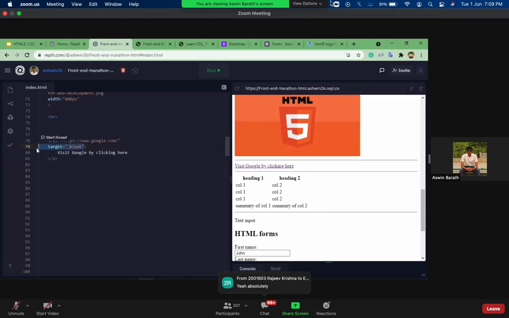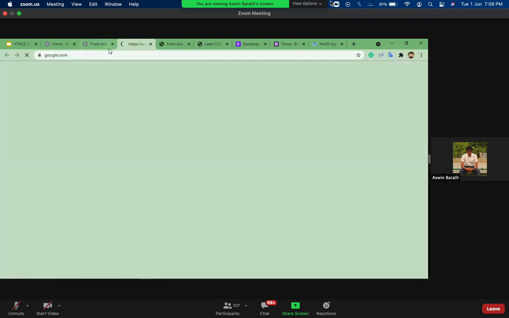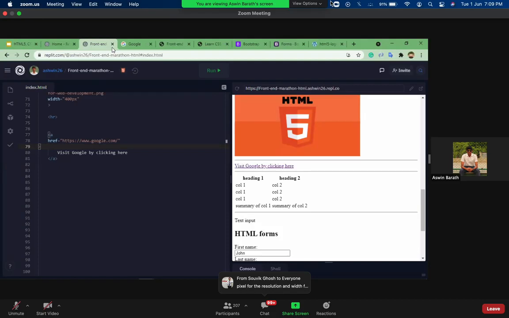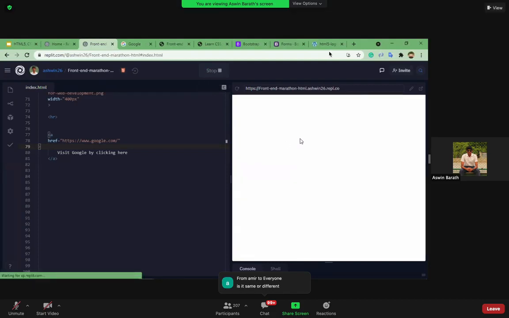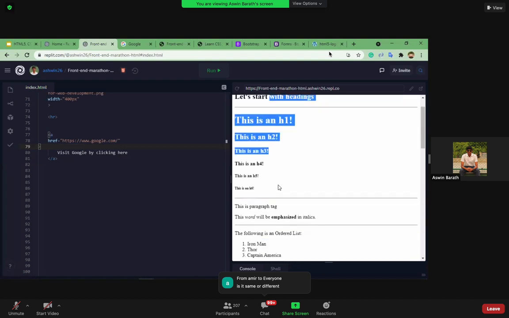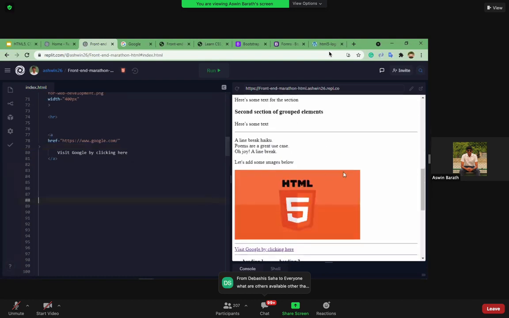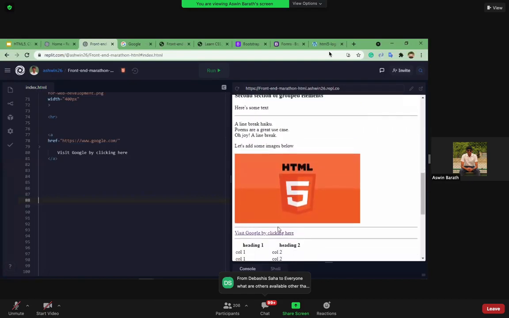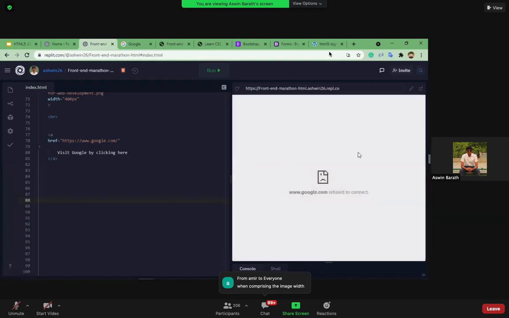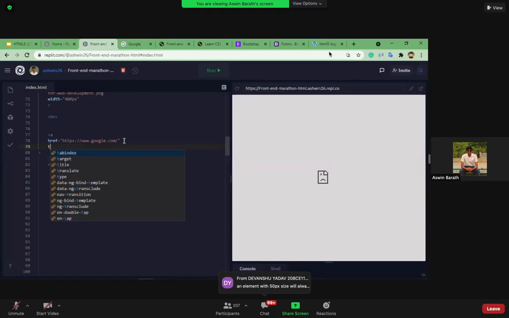If I remove this and show you guys, if I click this here, sorry, I have to run it. Okay, I run it, save it once again. When I click this, what will happen? It will try to open over here only. See, it has crashed because of that. So in order to avoid that and open in a new tab, we provide something called target. Inside that we provide the value as underscore blank, so that it will open inside a new tab.